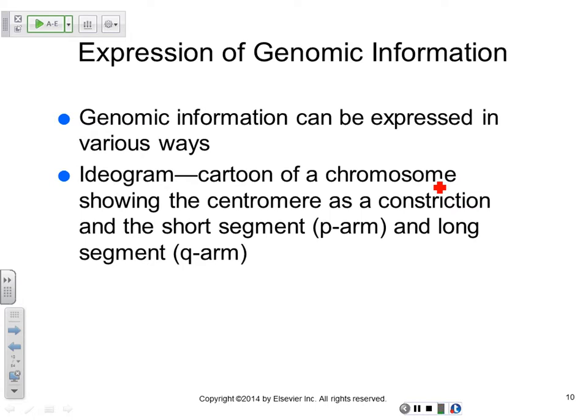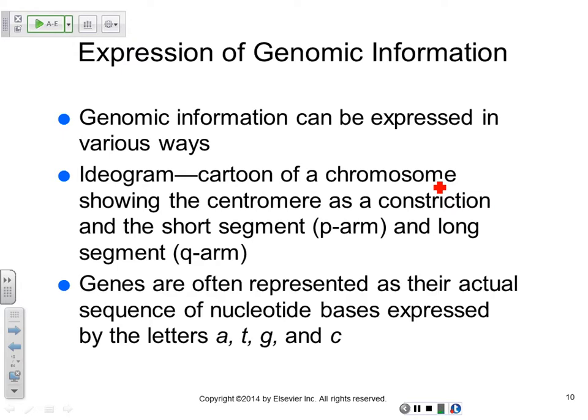And of course, the other representation is the karyotype, which is a picture of the actual chromosomes. The way you can actually see and diagnose genetic and chromosomal conditions. Also they can be expressed as the sequence of the bases on the nucleotides that make up the nucleic acid. So the A is for adenine, and then thymine, guanine, and cytosine.